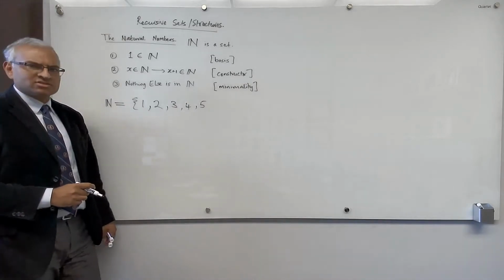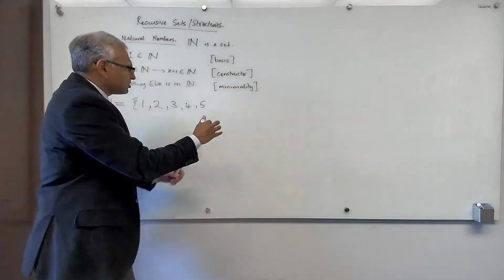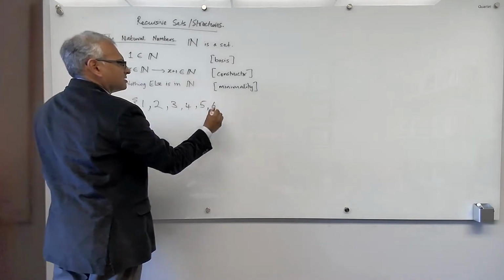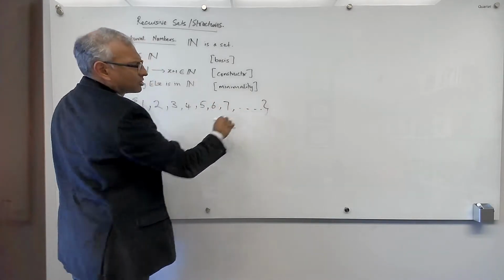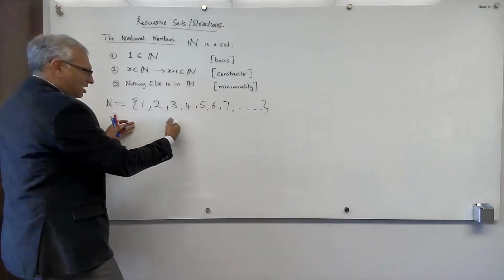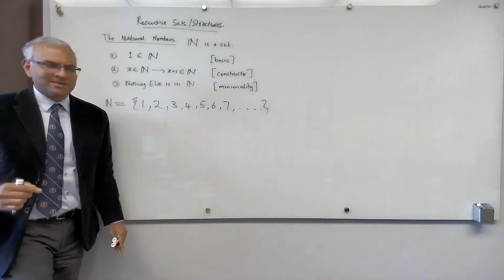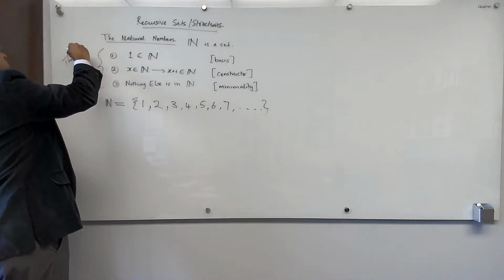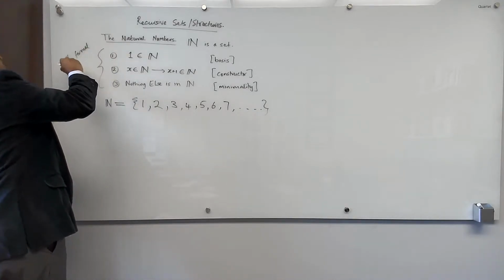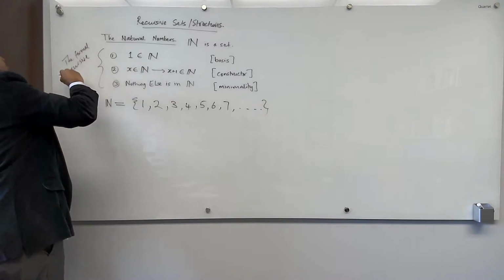You see, this stream of construction is sort of like a stream of consciousness. It never ends. It just keeps on going. 5 is in N, so therefore 6. 6 is in N, so therefore 7, and so on. But this "and so on" is not in this definition. That's just how I choose to write blah, blah, blah, fill in the blanks. Here is the formal recursive definition